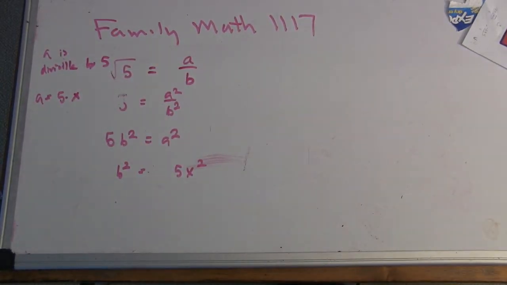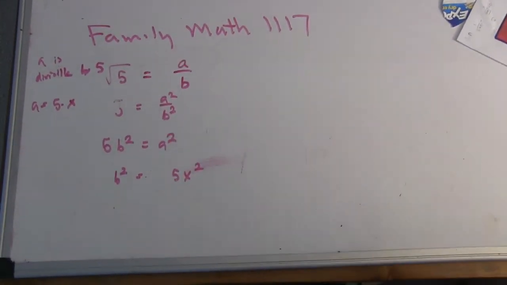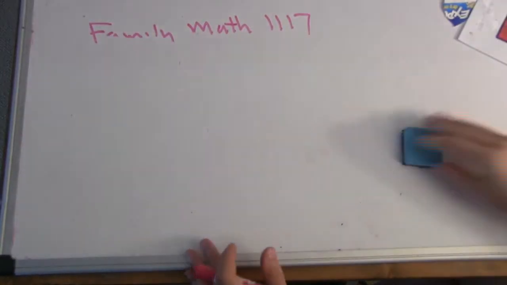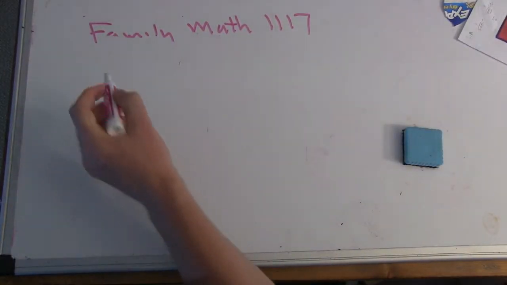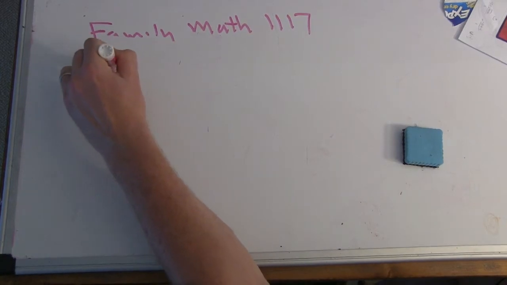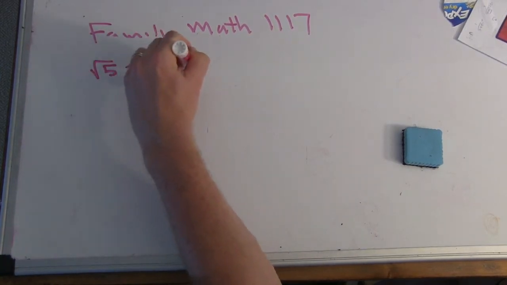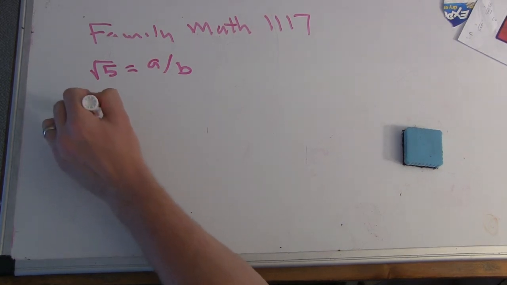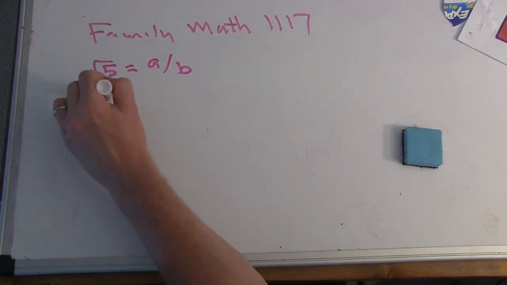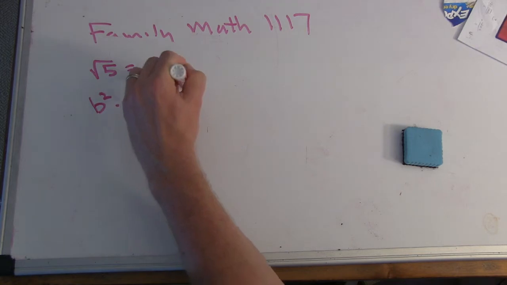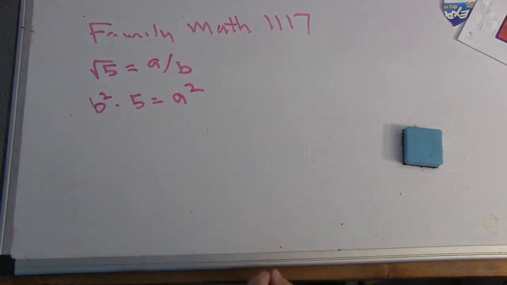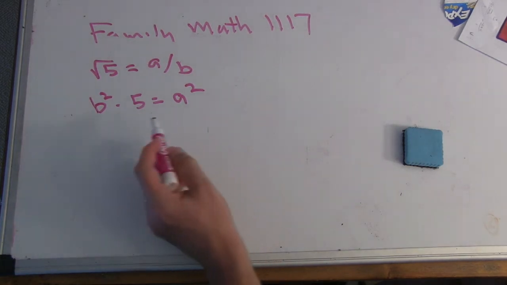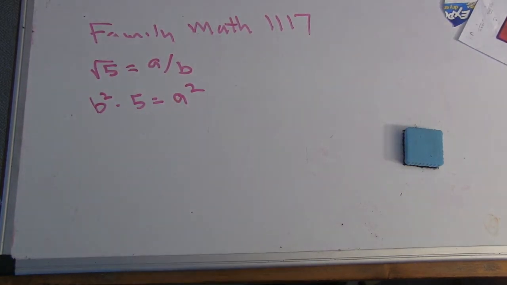Okay, so now it's my turn to reach through the tripod and write, which is always a little dangerous. But here we go. Square root of 5 is a over b. Okay, so same thing. b squared times 5 equals a squared. Just what you did. Square both sides. Multiply by 5. Okay. But instead of using the divisibility by 5, I'm going to try to do the odd